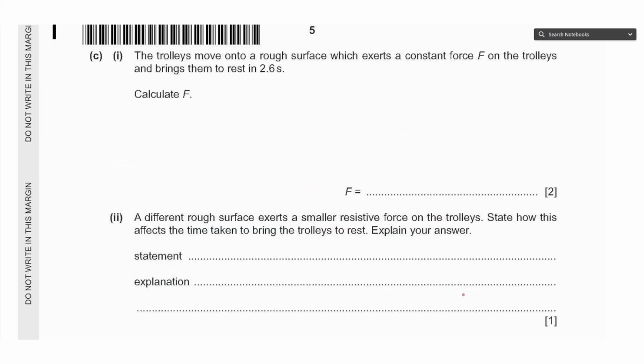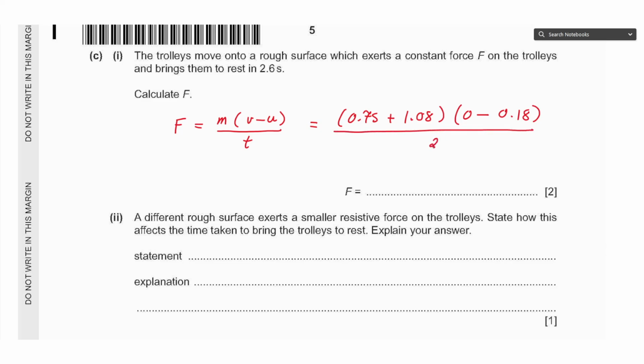Part C-I says the trolleys move onto a rough surface which exerts a constant force F on the trolleys and brings them to rest in 2.6 seconds. Calculate the force F. We can use force is equal to the rate of change of momentum, so mass multiplied by change in velocity over time, or mass times acceleration. We have the total mass of the trolleys, 0.75 and 1.08, or the answer from the calculator, multiplied by the change in velocity, the final is 0, the initial is 0.18, and the total time was given as 2.6. This gives an answer of negative